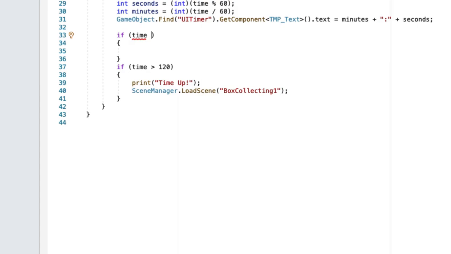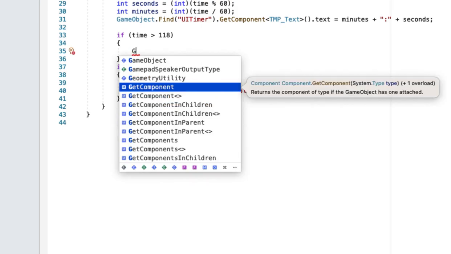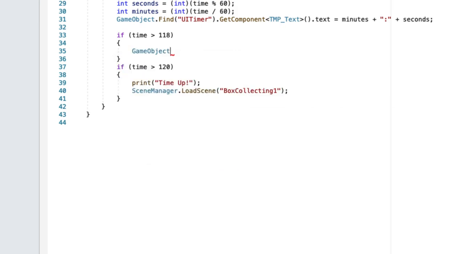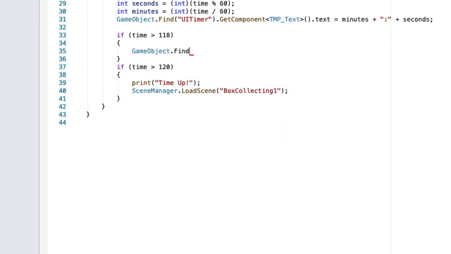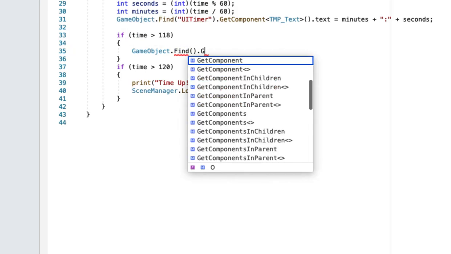So we're going to put in time. When the time gets to the end, we're going to want the message to display to the player that the time is almost up. So it's GameObject.find.getComponent,